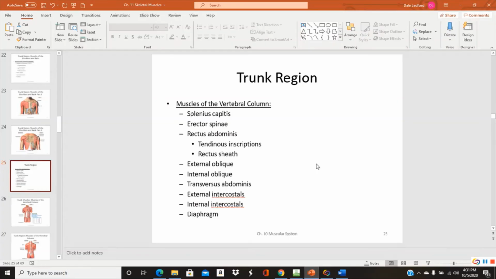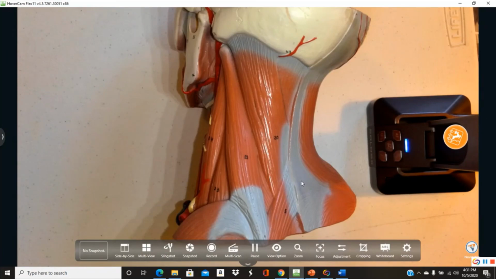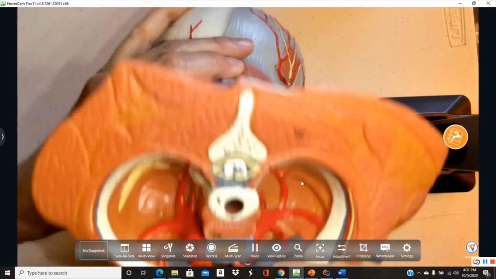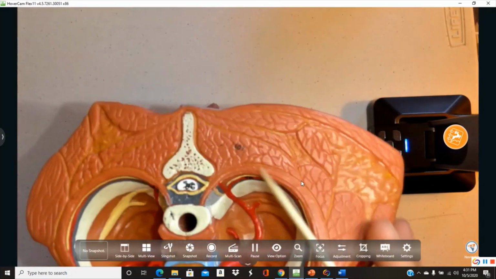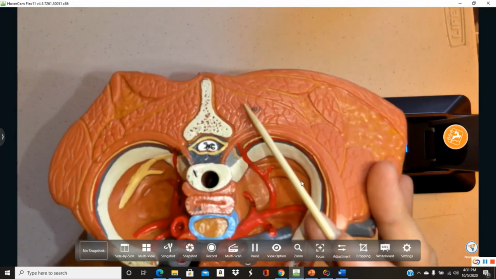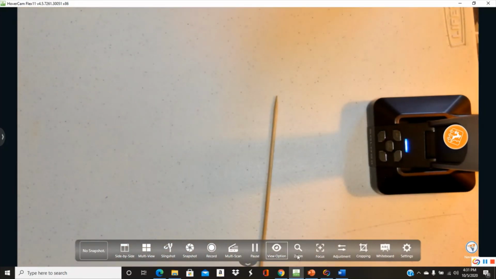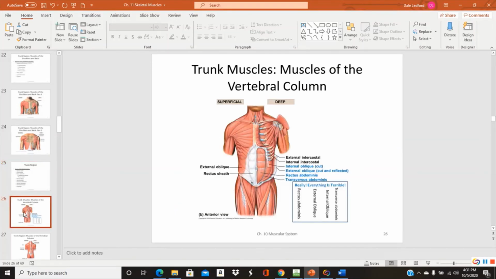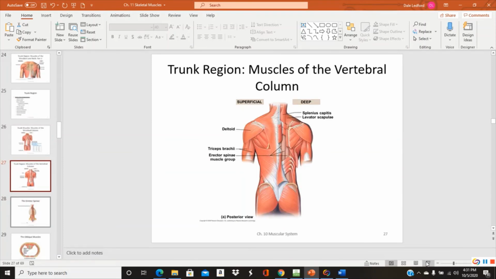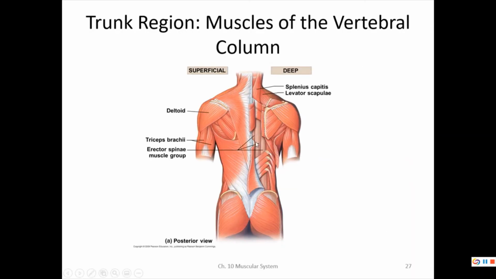Next, erector spinae. Now, I said that we would see it best on a diagram. I'm going to show you how deep it is. This is portions of the erector spinae group right here. It's right on the bone, okay? Now, diagrammatically is how we're going to look at this. We're going to look at a diagram from the textbook. And the erector spinae group, there's a bunch of them down here, like down in here. And these are the ones that really cause a lot of lower back pain if you're sitting and you get